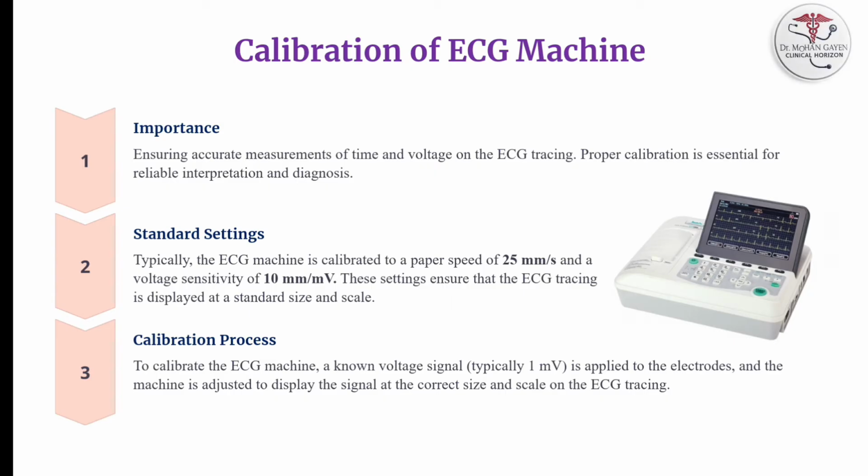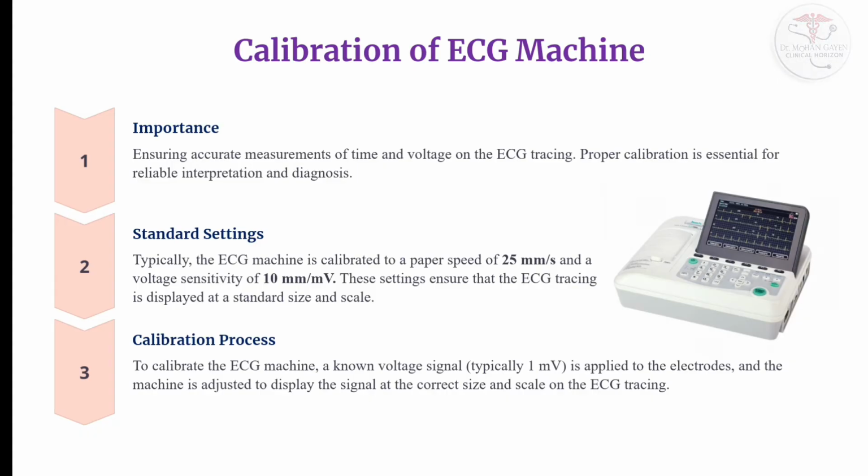Calibration on ECG machine. Calibration is an essential step in ensuring the accuracy of an ECG machine. The machine is typically calibrated to a paper speed of 25 mm per second and a voltage sensitivity of 10 mm per millivolt. Calibration marks on the paper verify that these settings are correctly applied. The 1 millivolt standardization mark, a rectangle typically 10 mm high and 5 mm wide, is used to confirm that the ECG machine is producing accurate readings. This ensures that the waveforms recorded on the ECG paper are representative of the heart's electrical activity and can be